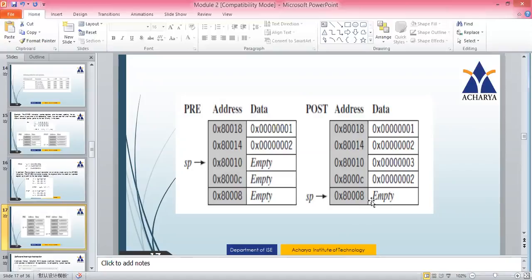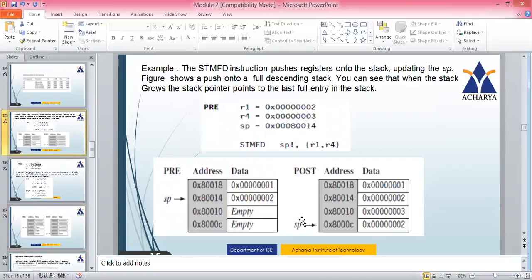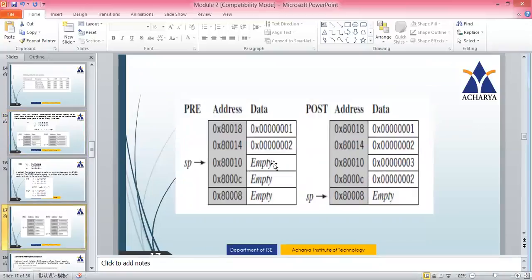So where is SP pointing now? SP is pointing to 8008. Observe, again it's an empty location. In the previous one it was full. So there it was a full stack, and you decremented twice for 2 elements, and again it pointed to the top element. Here it's an empty stack. It was pointing to an empty location, you decremented twice, and once again it's pointing to an empty location. So this is somewhat tricky, but you have to try to differentiate this. Very important topic.